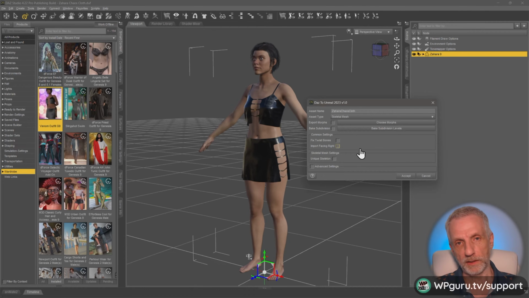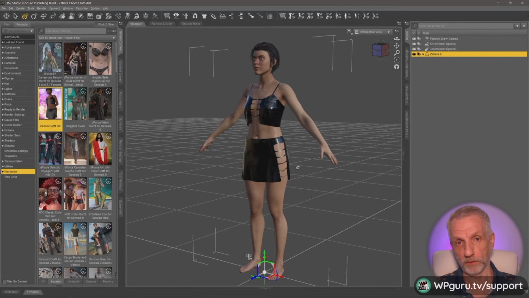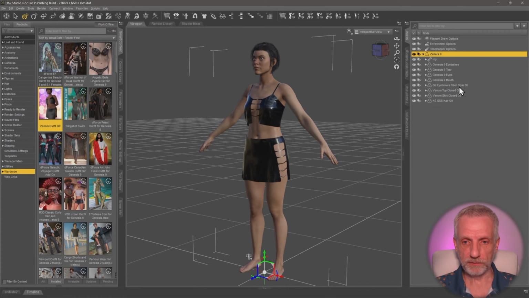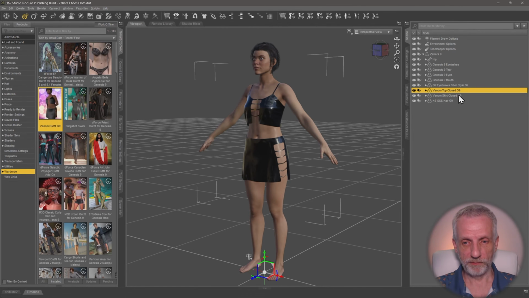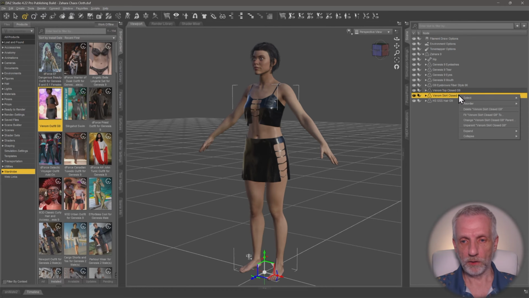But what that'll do is it'll merge clothing and character and hair and anything that is parented underneath the top node here together. So we don't want to do that. In my case, I want to send over the character without clothing and then the clothing separately. But the clothing, as you can see, down here, Venom top and Venom skirt, these items are already